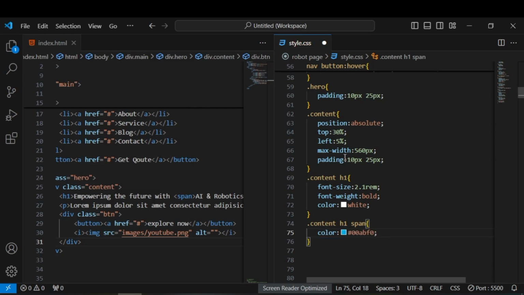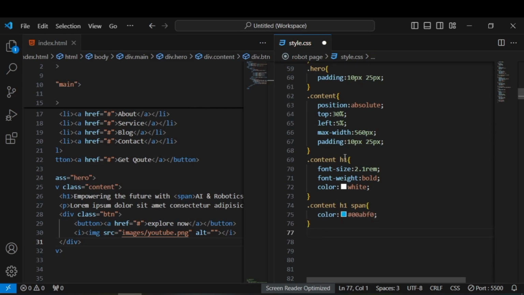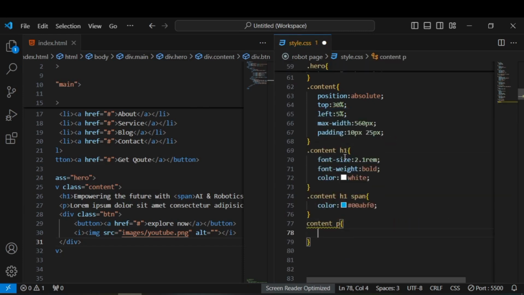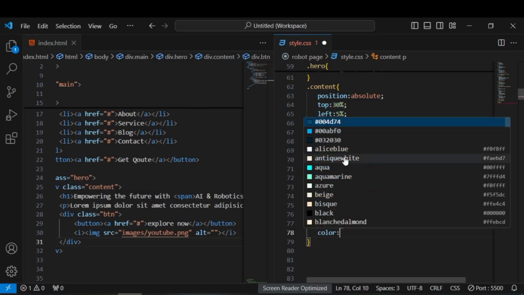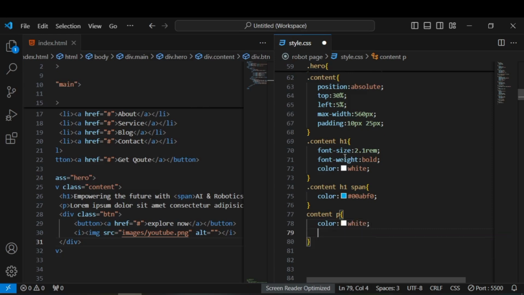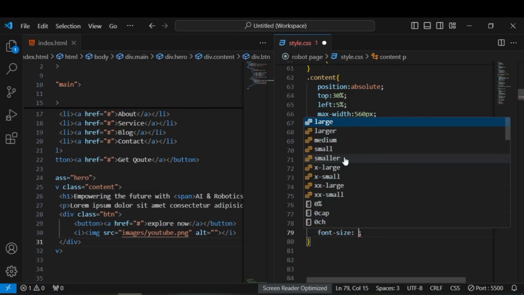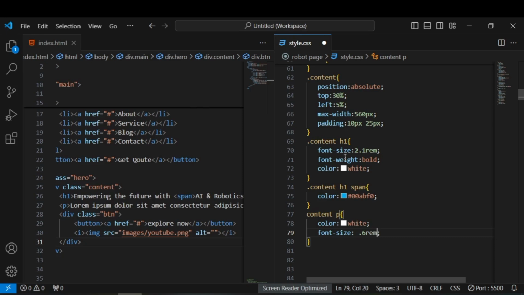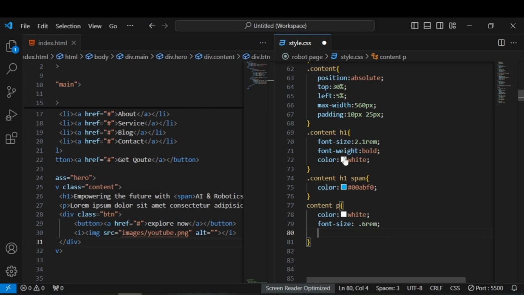Now, what I'm going to do now, I'm going to target my paragraph, which contains my lorem text. So I'm going to say content, and I'm going to target my paragraph. So what I'm going to do for this my paragraph here, I'm going to change the color. For the color, I want it to be white. After having that, I'm going to give the font size. For the font size, I'm going to make it 0.6 rem. Then I'm going to give a font weight. And for the font weight, I'm obviously going to make it bold. Then I will want a line height, the space between each line of the text, which I'm going to say